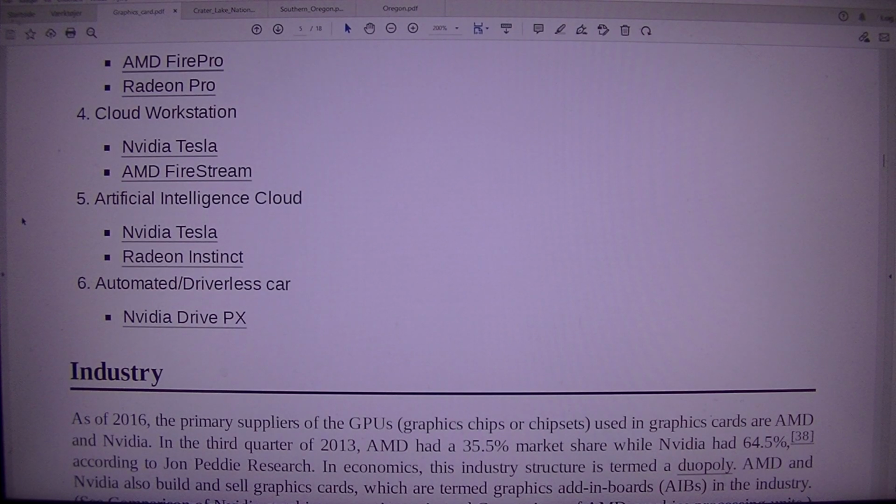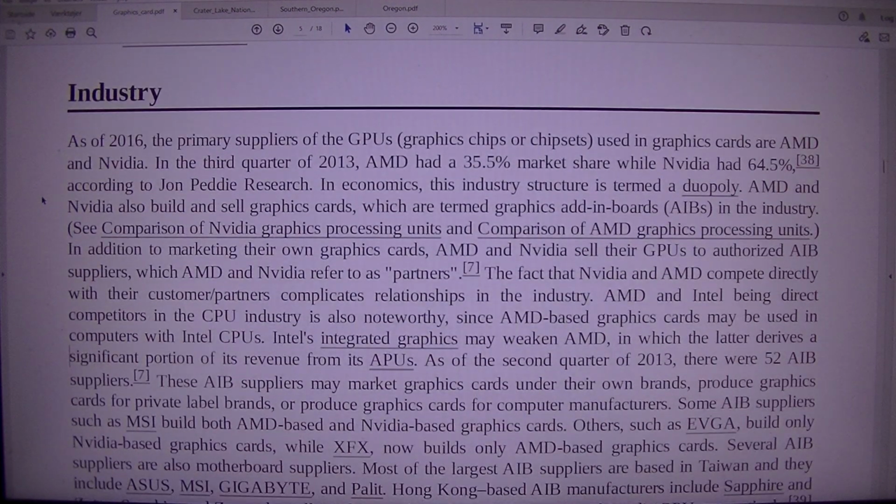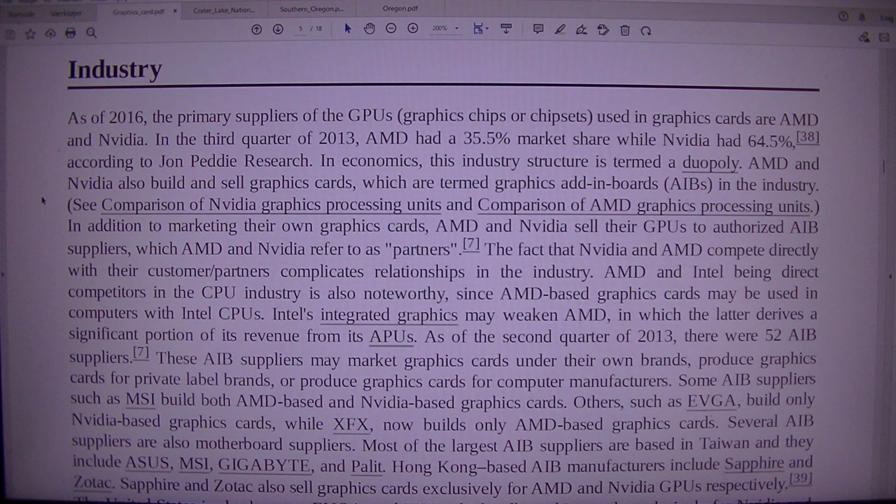AMD FirePro, Radeon Pro, cloud workstation NVIDIA Tesla, AMD FireStream, artificial intelligence cloud NVIDIA Tesla, Radeon Instinct, automated/driverless car NVIDIA Drive PX. Industry. As of 2016, the primary suppliers of the GPUs, graphics chips or chipsets, used in graphics cards are AMD and NVIDIA. In the third quarter of 2013